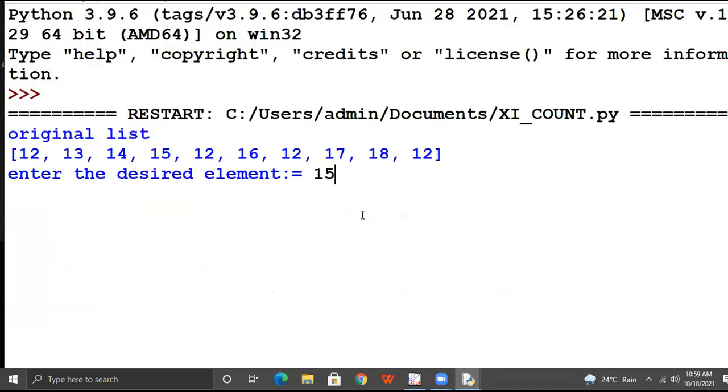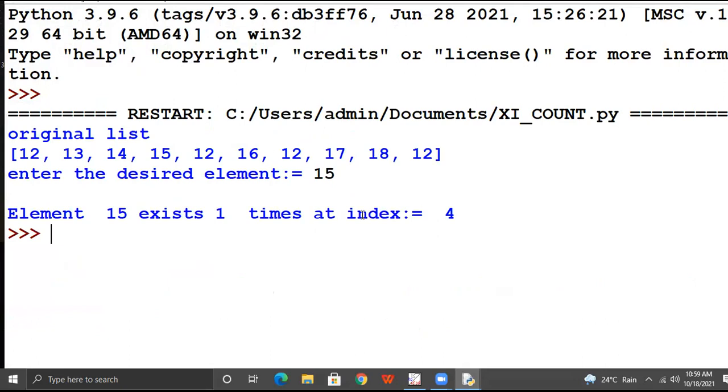Enter 15. Element 15 exists 1 times at index 4. Definitely index of 15 is 4. 0 1 2 3. What is 3? 4. We are starting from 0 now.